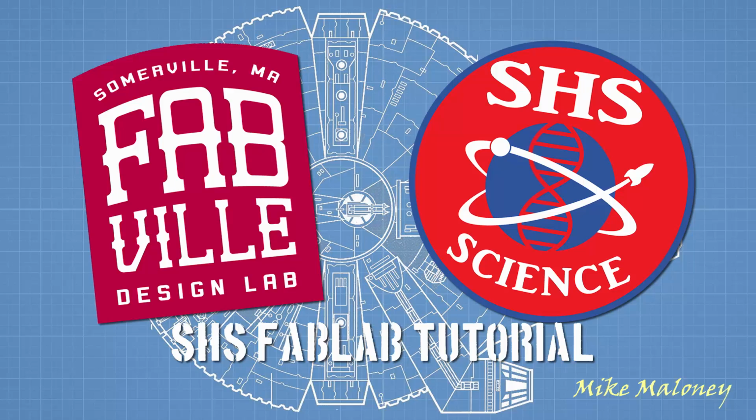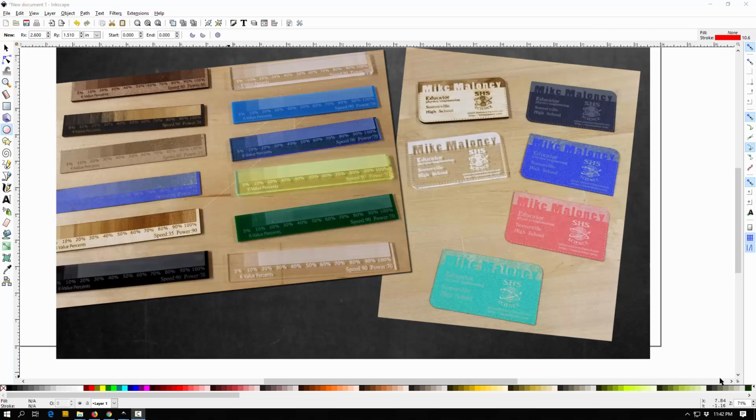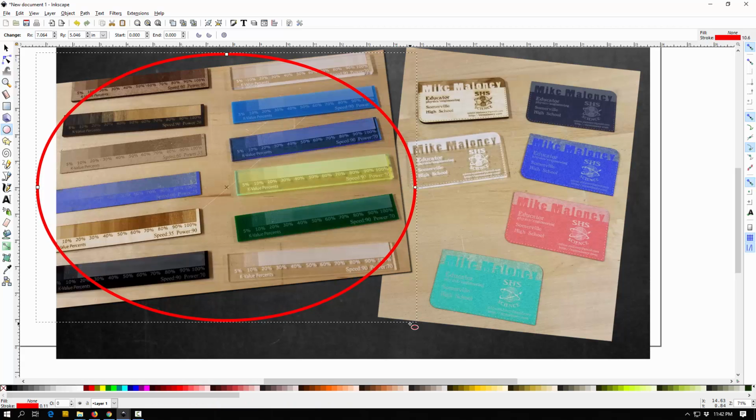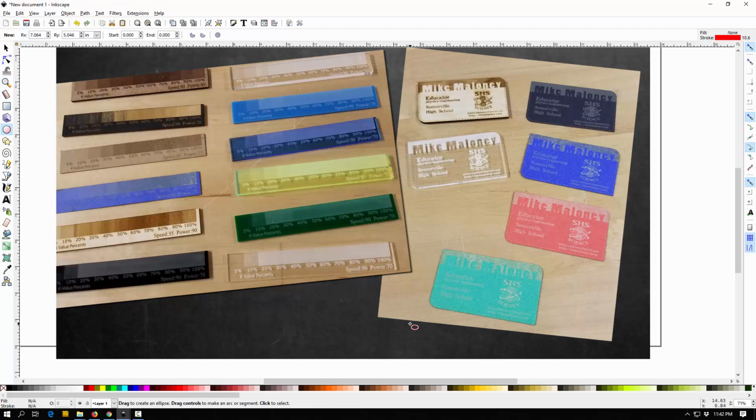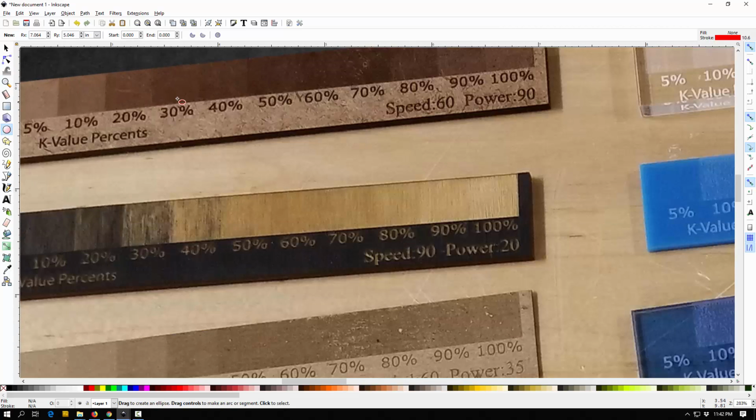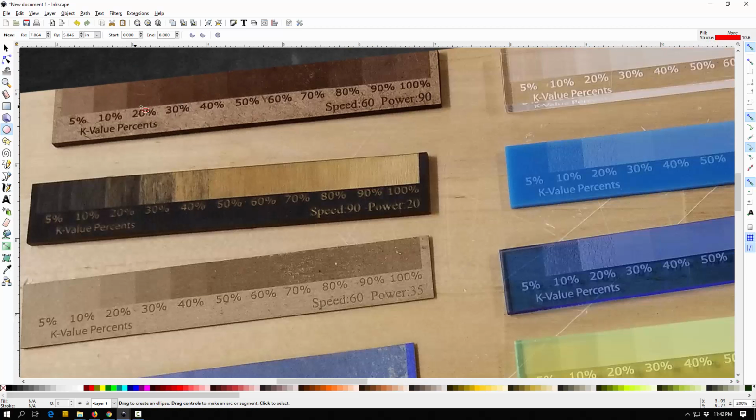Alright, in this video I just want to quickly talk about the different effects the laser cutter has on different types of materials. So everything you see here on the screen, at least on this side over here, was all cut from the exact same image file. But if you notice up here on MDF and wood, for example, so this is on MDF,